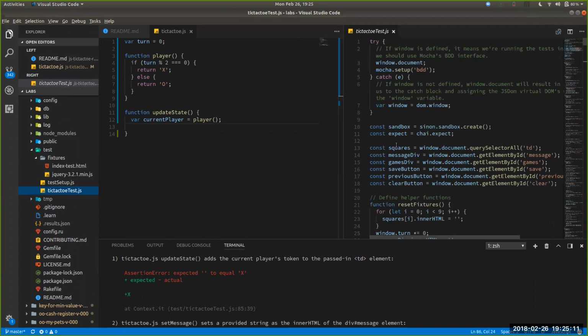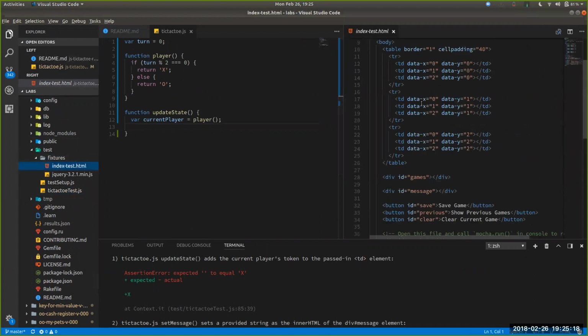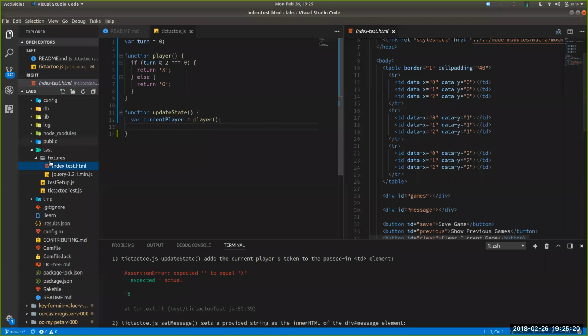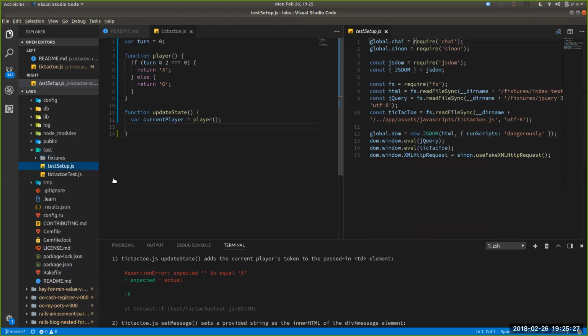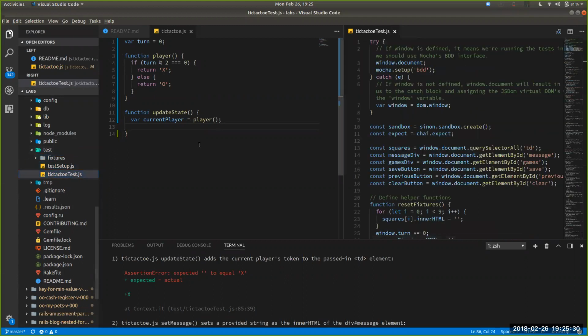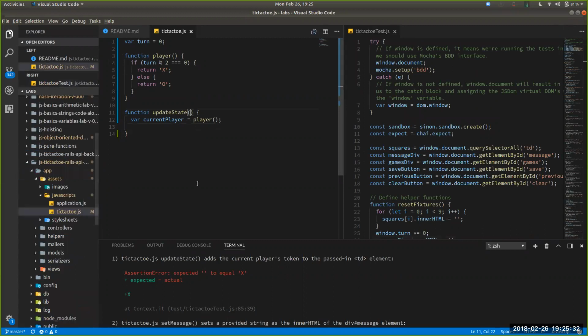Const squares = window.document.querySelectorAll TD. Okay. And then our TDs are data X, data Y. So there's going to be two parts to that, an X and a Y coming into our test. Say upstate state, X, or X comma Y. Then it's going to be an X number and a Y number, and that's going to tell us which TD to target. So let's